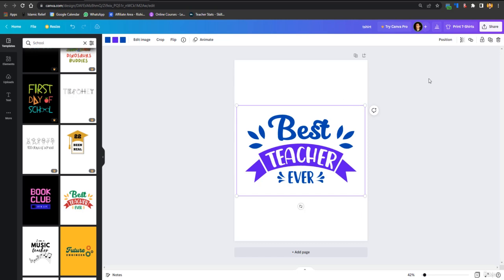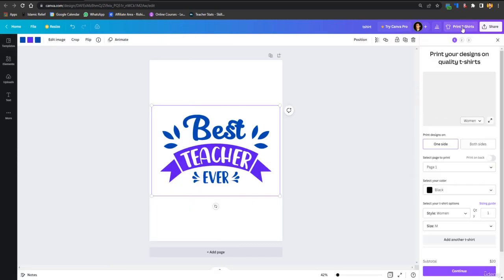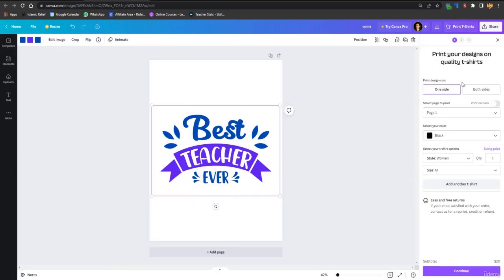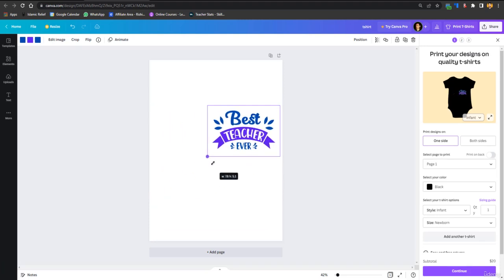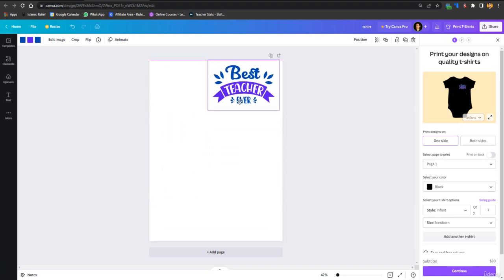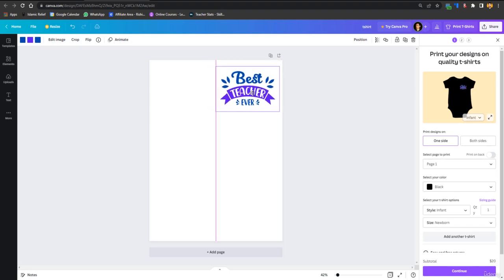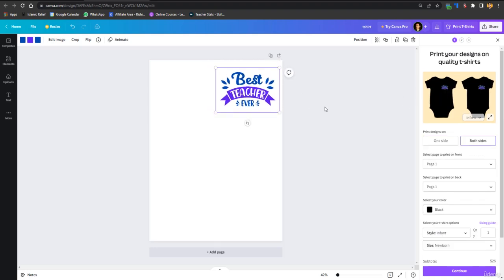You can just select it, and then to preview it, just select print t-shirts on one side or both sides. Like, it's that for women, for youth it's that, for toddler it's that, and for infant it's that. Now if you want it at the side, you can preview it, and here you can see a live preview is available on both sides.